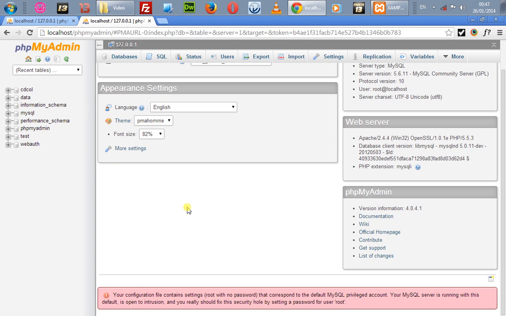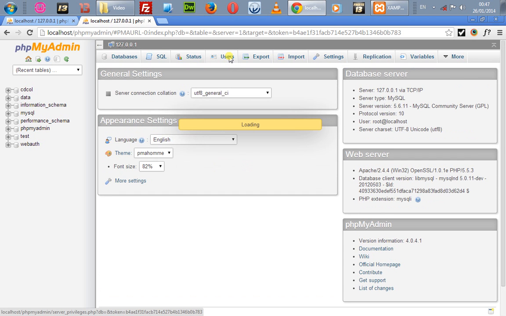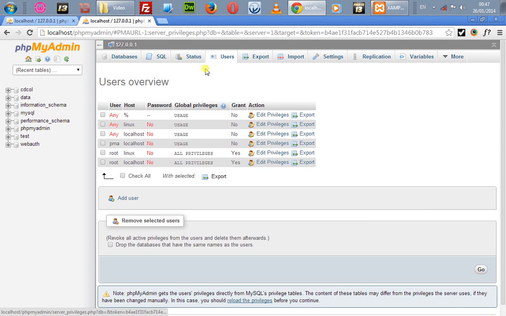So now we need to set a password for this user called root. So what you do now, on your phpMyAdmin homepage, click on users. Now under user you see root and the host localhost. That is this user. We want to set the password for this user. Then you come to this place, click on edit privileges,